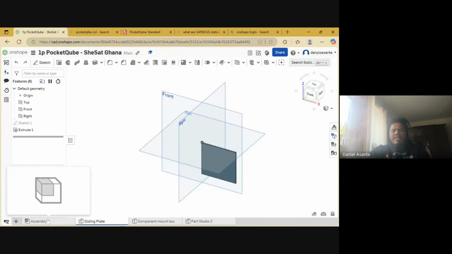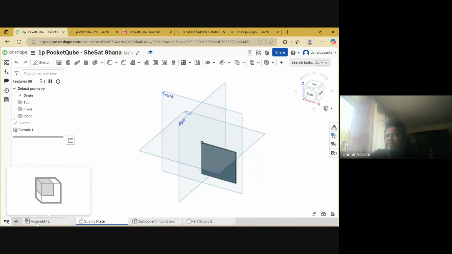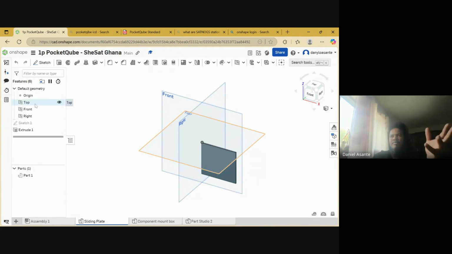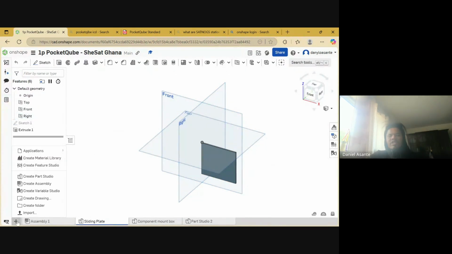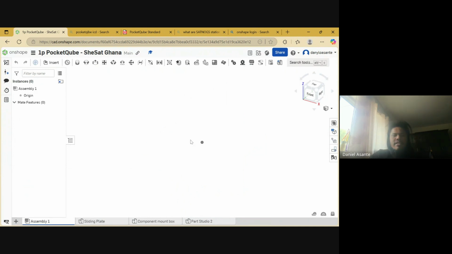So in the assembly folder here, in case you don't see assembly in your tabs, usually it comes by default when you open a document. But in case you don't see it, you can click on the plus button and say create assembly, and that will work. So in the assembly tab,